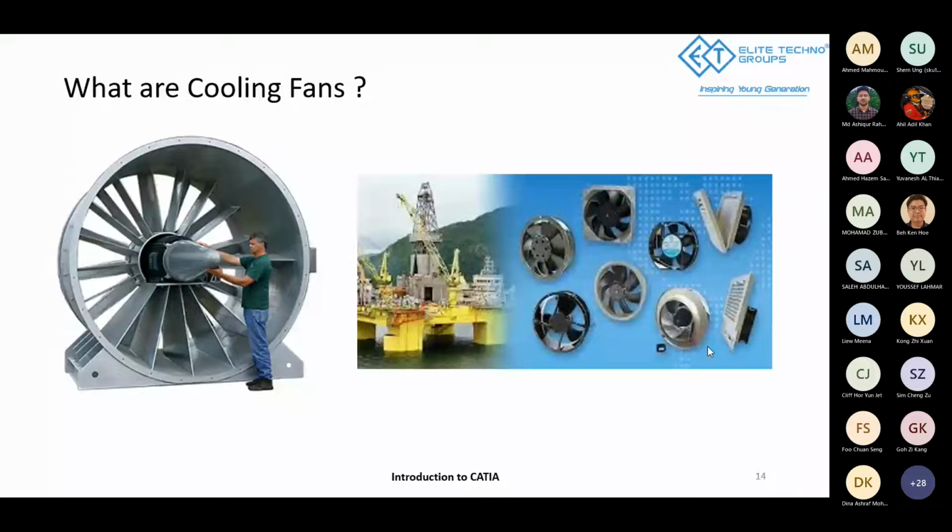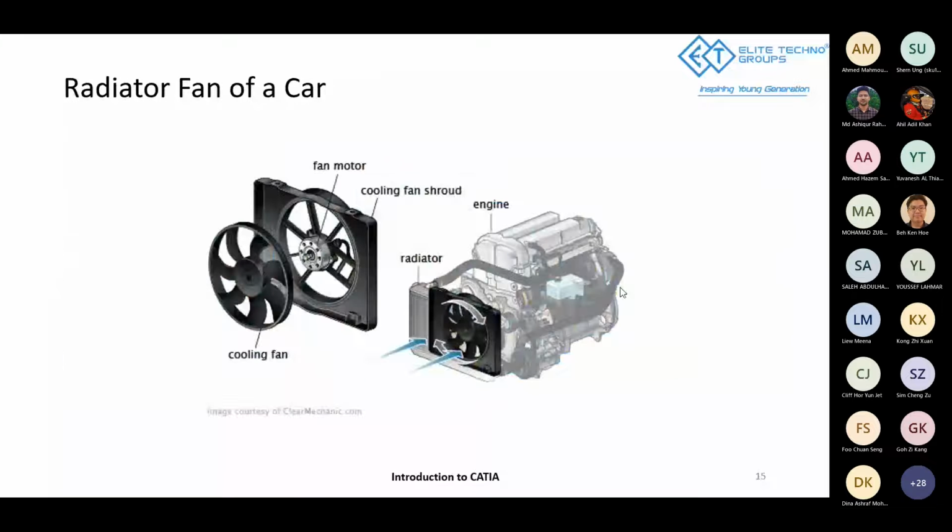Talking in terms of power plants or thermal nuclear plants, in that case, you would have to install a cooling tower, which provides the air to all the different components and different sections throughout the plant, via ducts and via different means, to keep it cool. Now, we'll briefly see how the radiator fan of a car looks and what its general function is, and then a similar model we'll be using for our analysis.